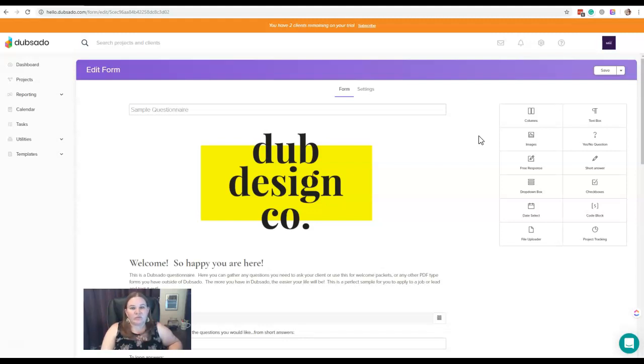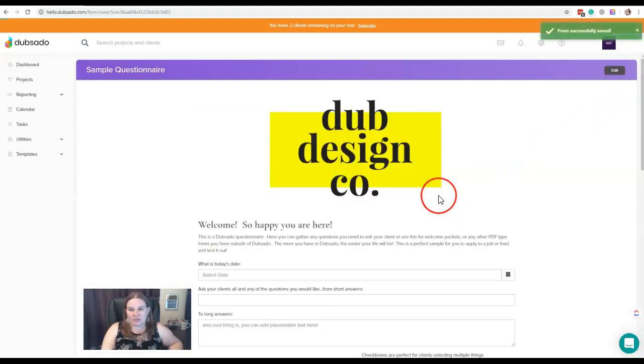But for right now, I just want to take a look at the basic elements that are available and show you what those are going to look like in a finalized form. So instead of looking at each of these here in the edit screen, I'm going to save and preview this form so we can see how a customer is actually going to view this form and what those elements are going to look like on the front end. So starting at the top here, this is an image element. Any kind of image you have, PNG, JPEG, you're going to be able to upload that from your computer and into your Dipsado forms, and you can add them wherever you'd like.